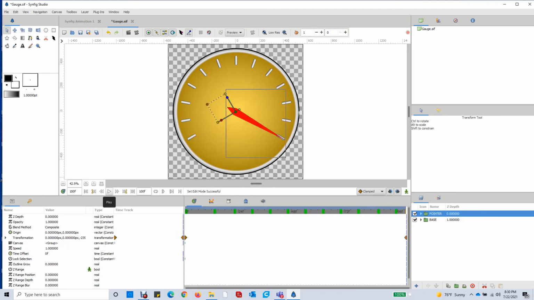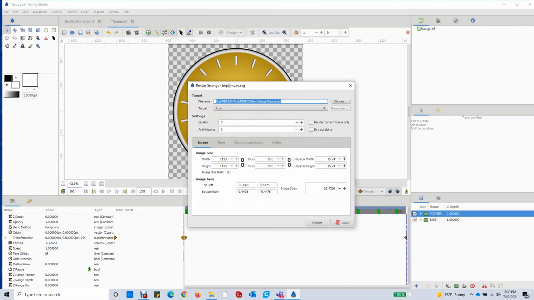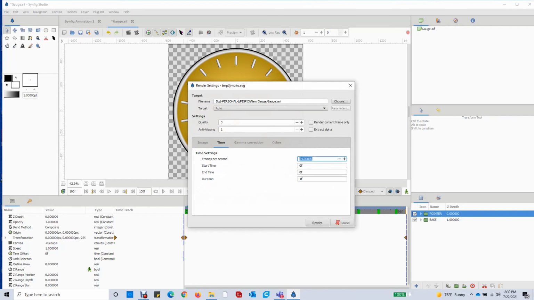And it's jerky right now because it's just a quick preview mode, and it doesn't know the full timing and all kinds of stuff. Really simple. It's not a big deal. We're going to go to File, then Render, and now we're going to give it some specifics. The first thing I'm going to do is go to Time, and I'm going to say start at frame 0, end at frame 100. So now it knows what I want it to render.